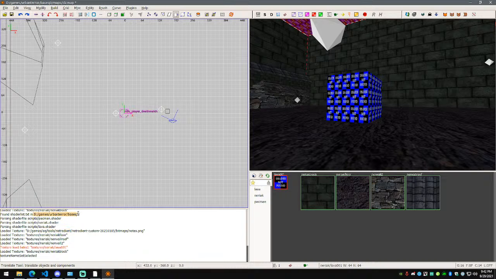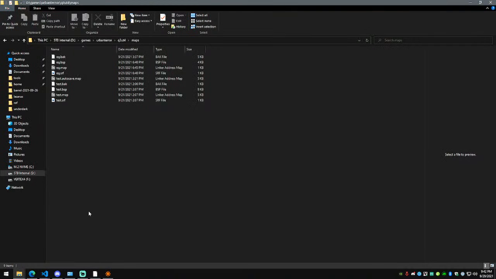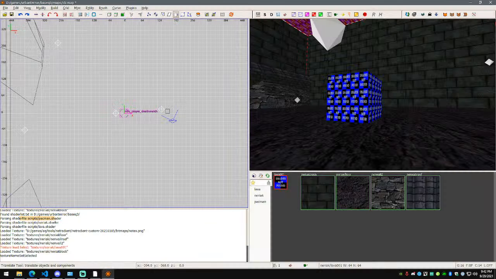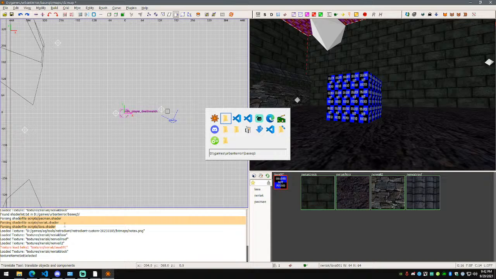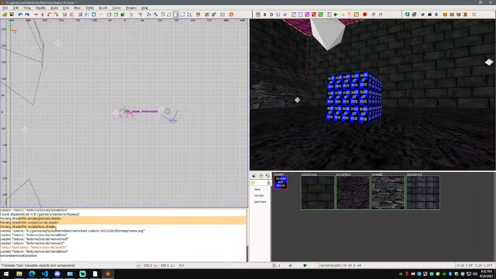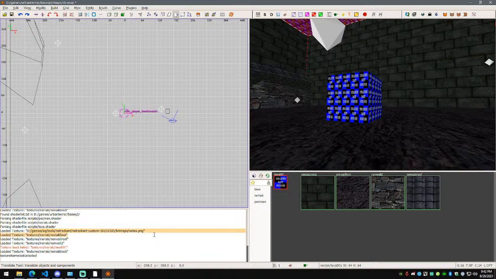See, it finds the shader list under base Q3, right? It parses 3 shader files for scripts. And then it loads the textures for Neriac, Neriac, Neriac, and then it fails because I didn't put under Neriac